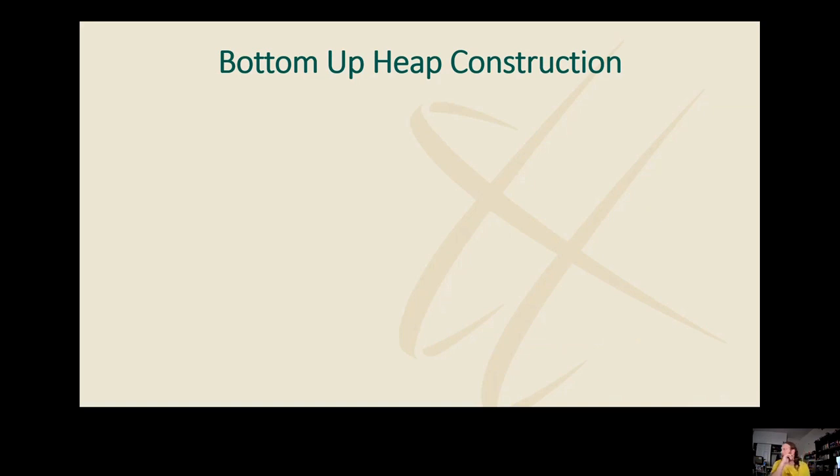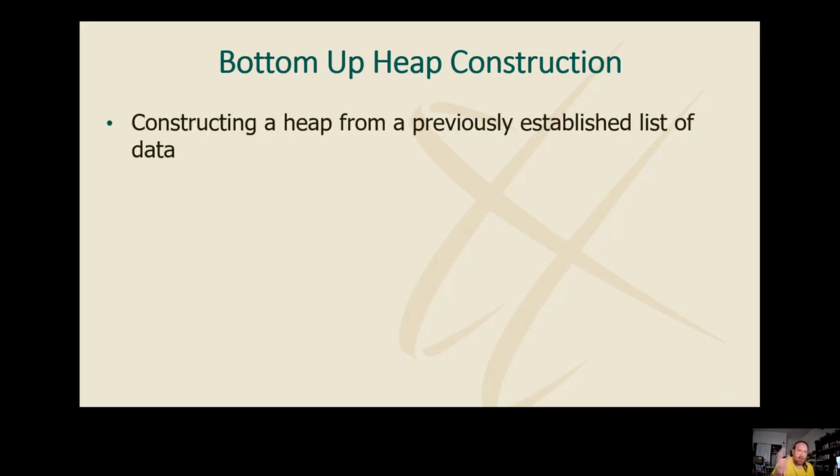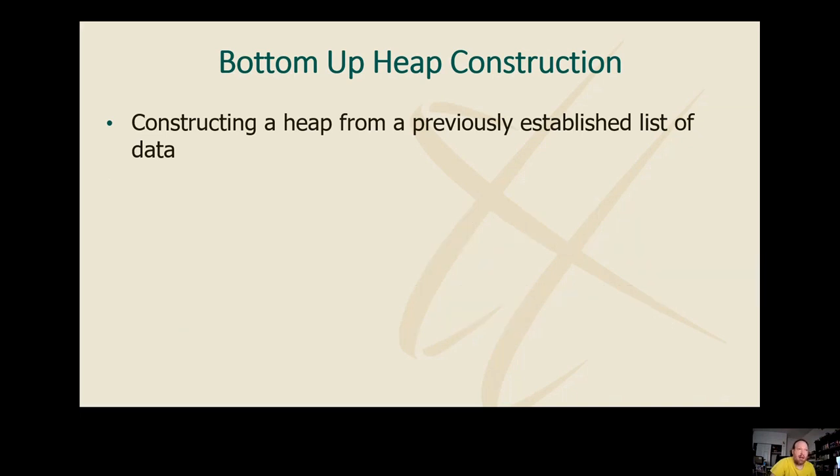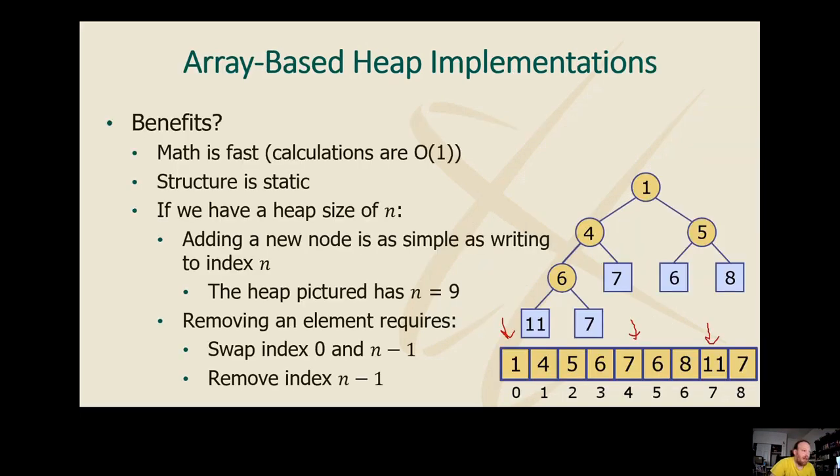I hinted at the fact that you can construct a heap in linear time from an established list of data. This is called bottom-up heap construction, and it does require the data to be in an array. But if we have that, we start with our data in that array, and starting with the last internal node in the array and stopping at the root, we reheap on itself and its children and then move to the previous internal node. How do we know what is the last